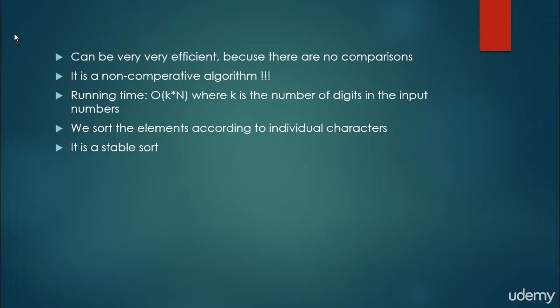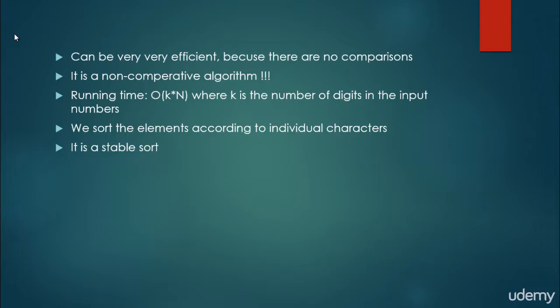It is a non-comparative algorithm, and that's why we can do better than O(n log n), because there are no comparisons at all. That's why this algorithm has a running time of O(k times n), where n denotes the number of items you want to sort and k is the number of digits in the input number. If k is a very huge integer, then this algorithm can be worse than bubble sort. So this is not the best case, but the average case is very fast, and we can even perform in sublinear time complexity. We just sort the elements according to individual characters, and